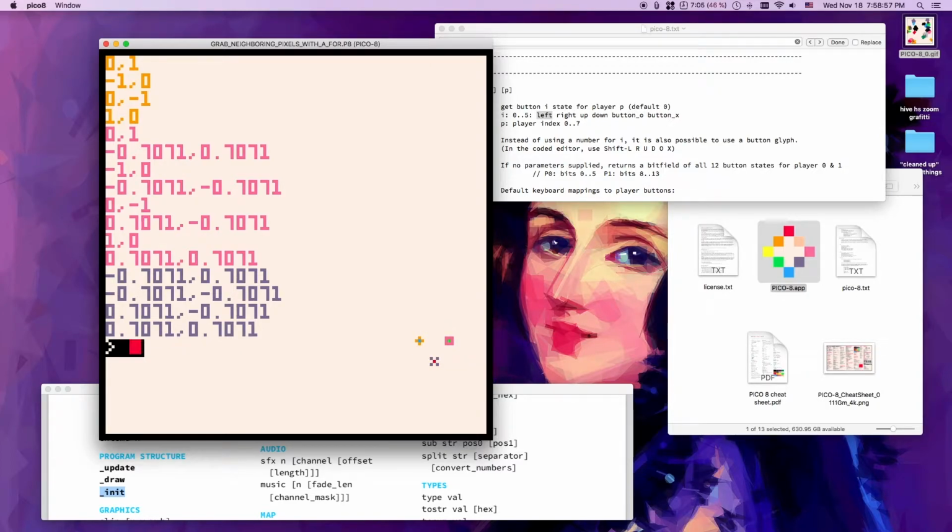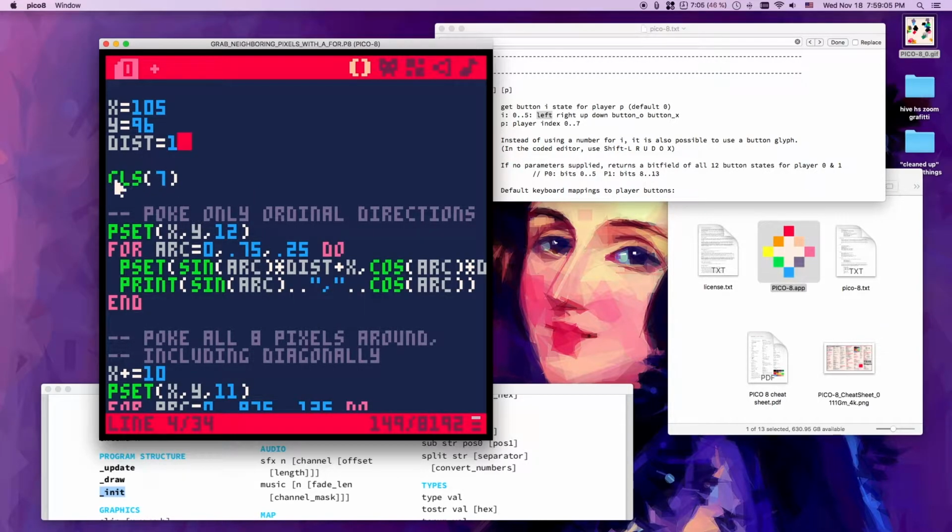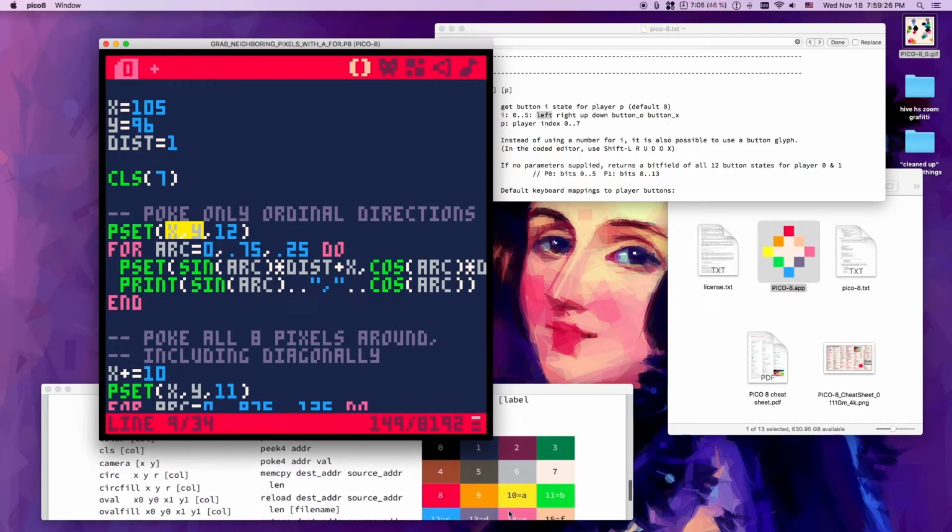So this is how we can set up our code to check the pixels that are around a given pixel. So x of 105 and y of 96 and distance of 1. I'm clearing the screen, painting it white, and poking only ordinal directions for that first demo. I'm setting the pixel x, y to 12. 12 is blue, right? So the first one that I'm drawing is the blue one. And I'm creating a for loop, and I'm using